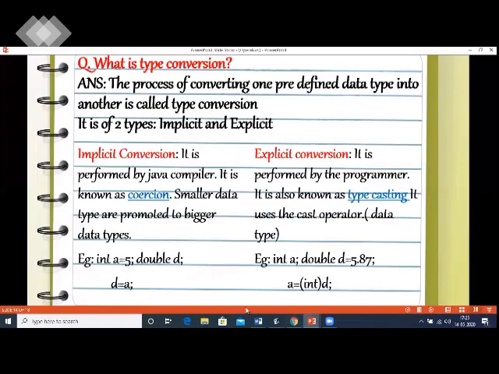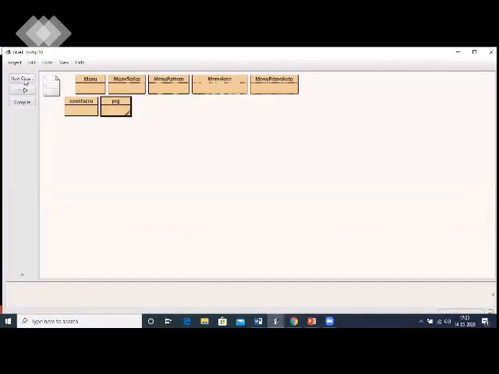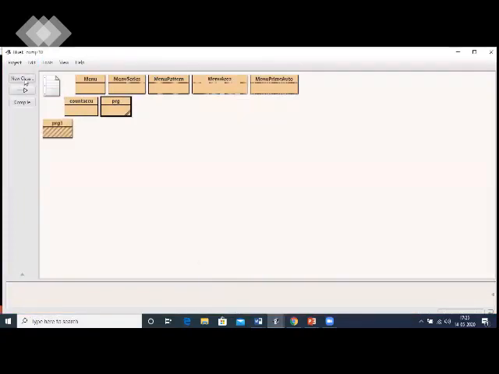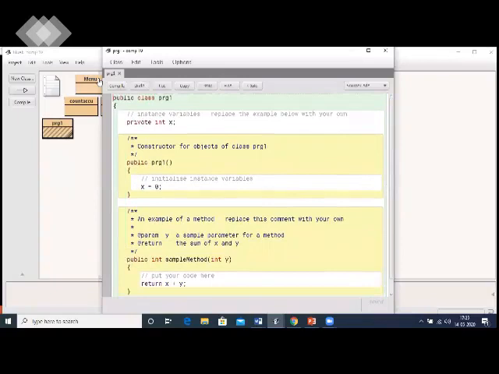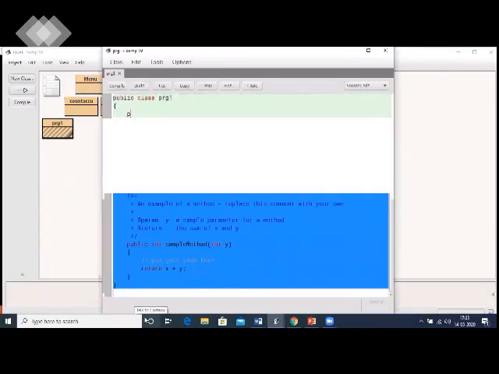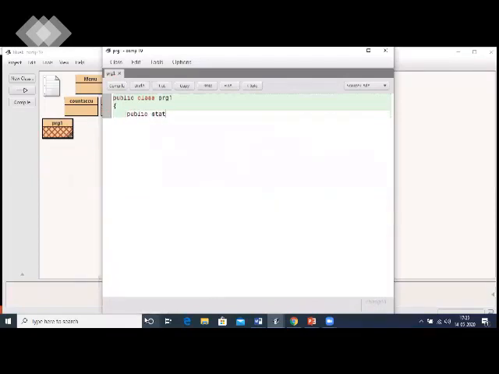With the help of an example, we'll understand this one. I'll write a program prg1. Remove these comment lines. Start a method by declaring public static void main.